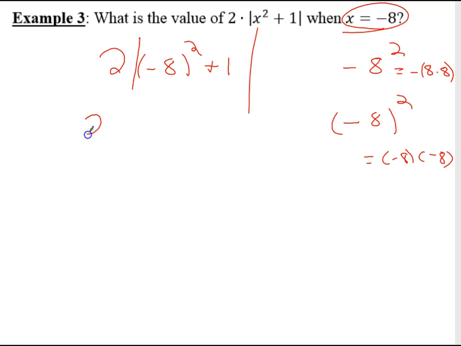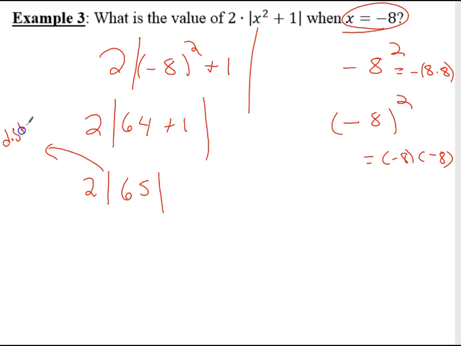So now back to our problem, right? We just talked about that negative 8 quantity squared is going to be 64 plus 1, right? We treat the absolute value as parentheses or a grouping symbol that we have to simplify inside first. So this will be 2 times the absolute value of 65. And remember, when we talk about the absolute value, it is telling us the distance from 0, right? And we know that it always has to be positive. So this is going to turn into 2 times positive 65, which is going to give us